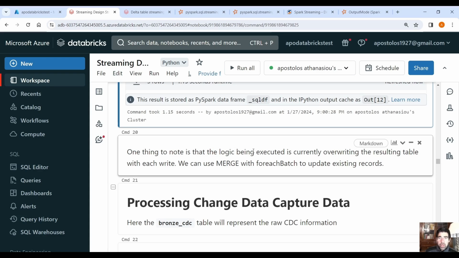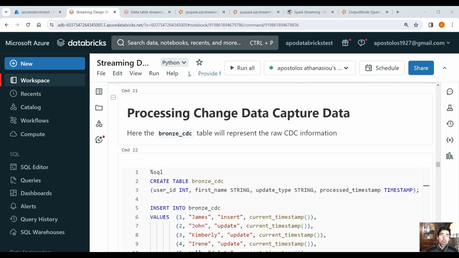One thing to note is that the logic being executed is currently overwriting the resulting table for its write. As we mentioned, using the complete mode, we overwrite the data again and again. If you don't want to overwrite the data, you can use the merge statement within the foreachBatch method. We are going to see an example of using the merge statement within the foreachBatch method using CDC